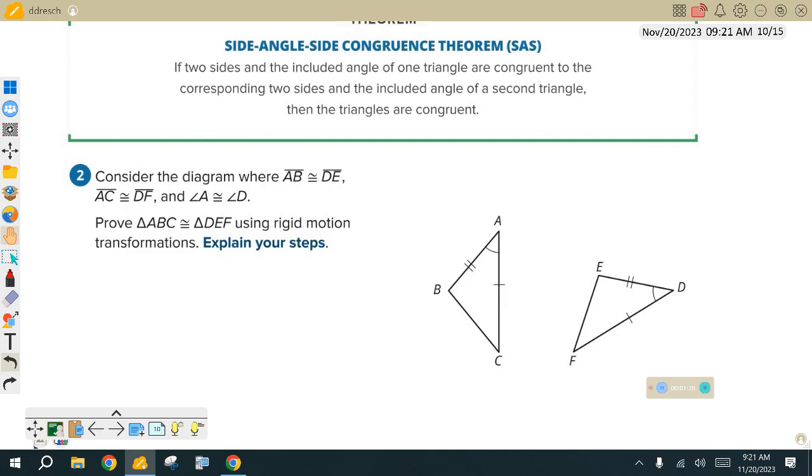When you guys did the patty paper and you transformed it, this triangle did not land on top of the other one. It was a different size. And I said, hold on, I promise you that it is one of the shortcuts in side angle side. It does work. You can still believe me or not, you can Google it, but with side angle side, that triangle should be the exact same shape and size as the other one. So right now in triangle congruence, we have,